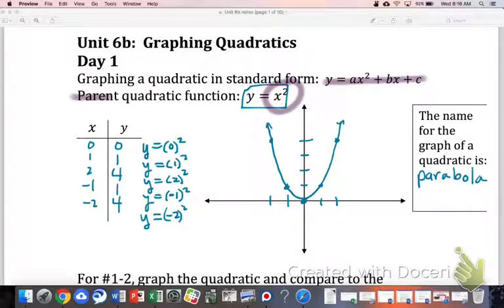Did you guys notice the symmetry to this parabola? Are you guys good with symmetry? Symmetry means that there's a dividing line where one half is the same as the other half. What do you think the line of symmetry, or the axis of symmetry, for this one would be? It'd have to be the y-axis. So if I drew,